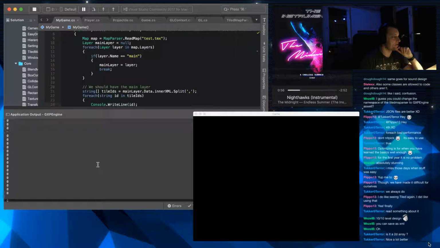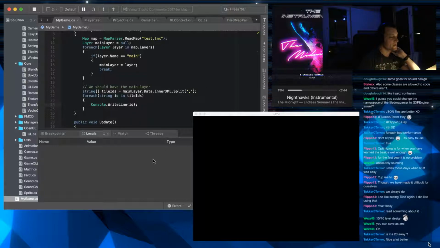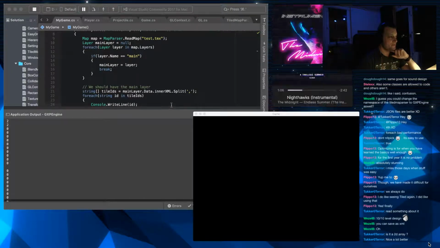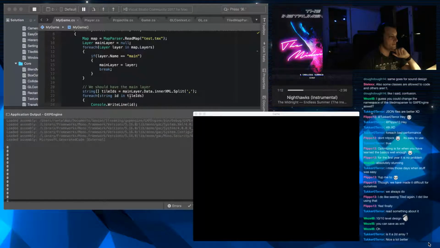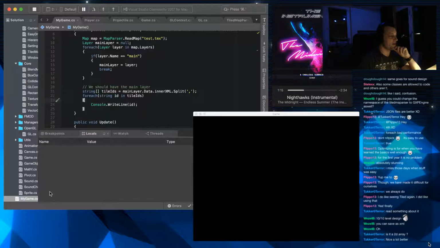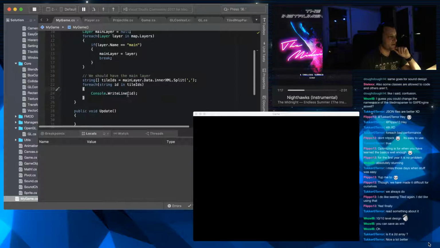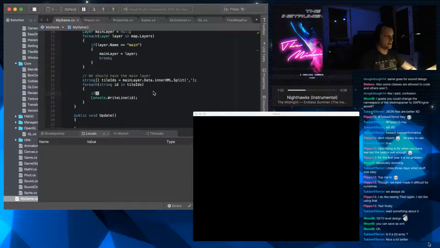Keep showing the output. 00000 enter 00000 enter. Yeah, some 2's in there, but this is kind of expected. The empty ones though, you don't really want those, but if you're iterating over this, you already have pretty much all the information you need. You know if it's a 0 that you won't need it. So if you check the ID here,